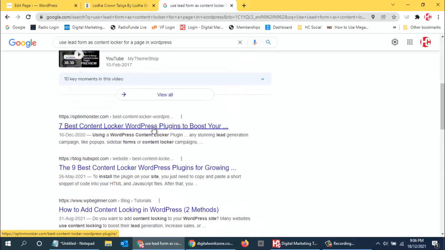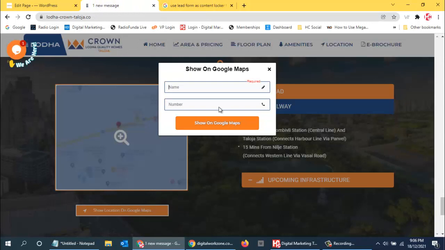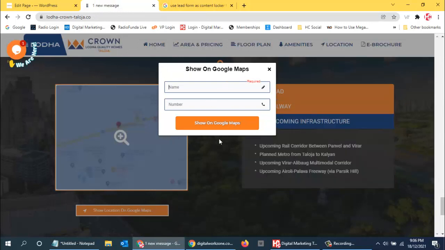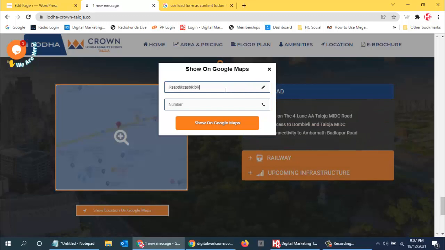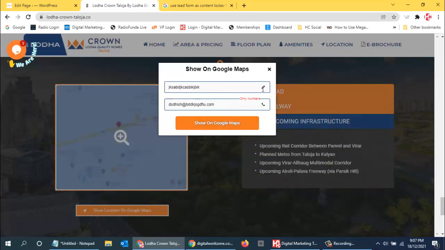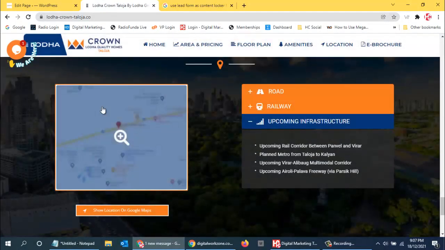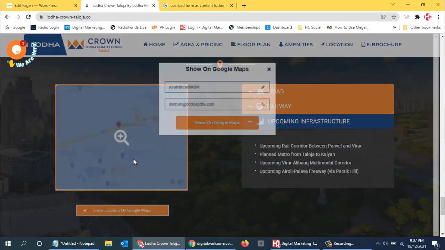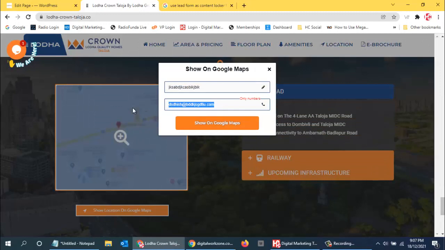You are locking the content with the lead form, where once people fill in the lead form, let me try. Only numbers, okay. I thought it was asking for email. 2, 4, 6, 8, 10.